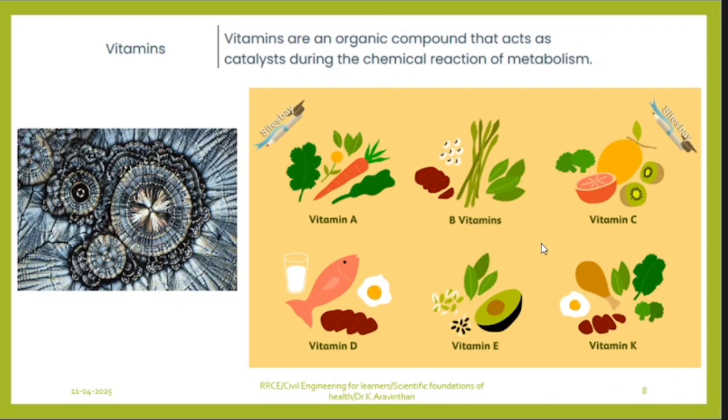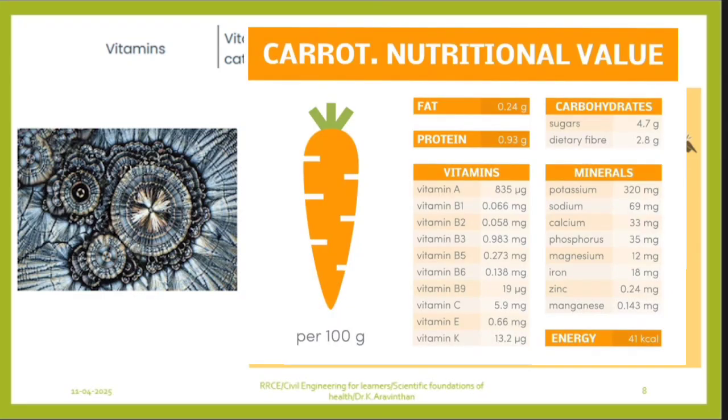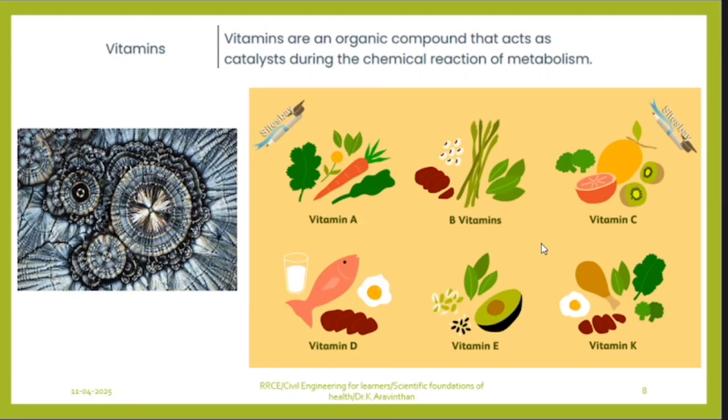Iodine, zinc, etc. Vitamins will look like this in microstructure, but vitamins are available in these forms. If you eat a carrot, does it have only vitamins or does it have carbohydrates? Carrot doesn't consist fully of vitamins. It has some amount of protein, some minerals, vitamins, etc. A single food consists of multiple items, so you need a proper ratio for a diet. Vitamins are organic compounds that act as a catalyst. What do you mean by catalyst?